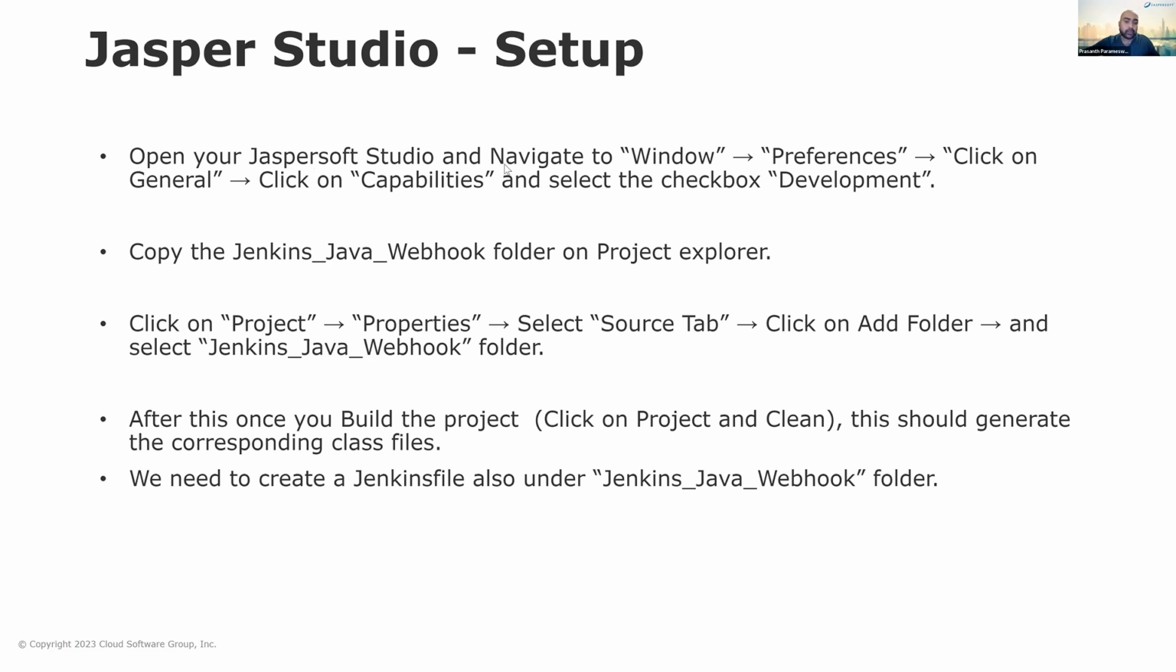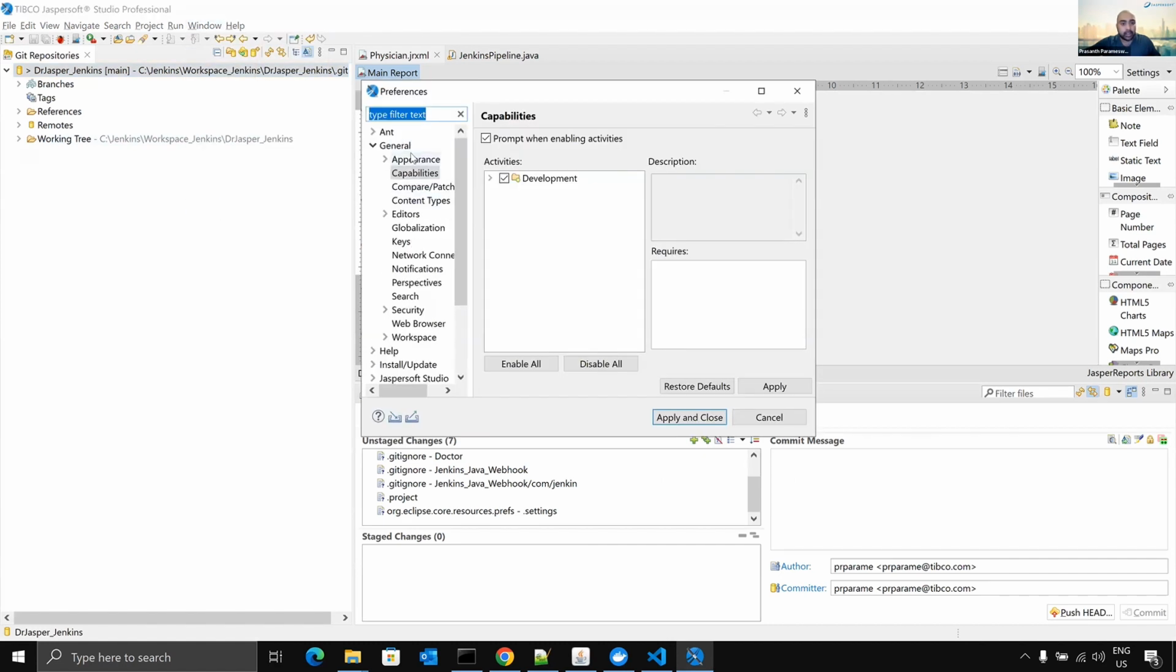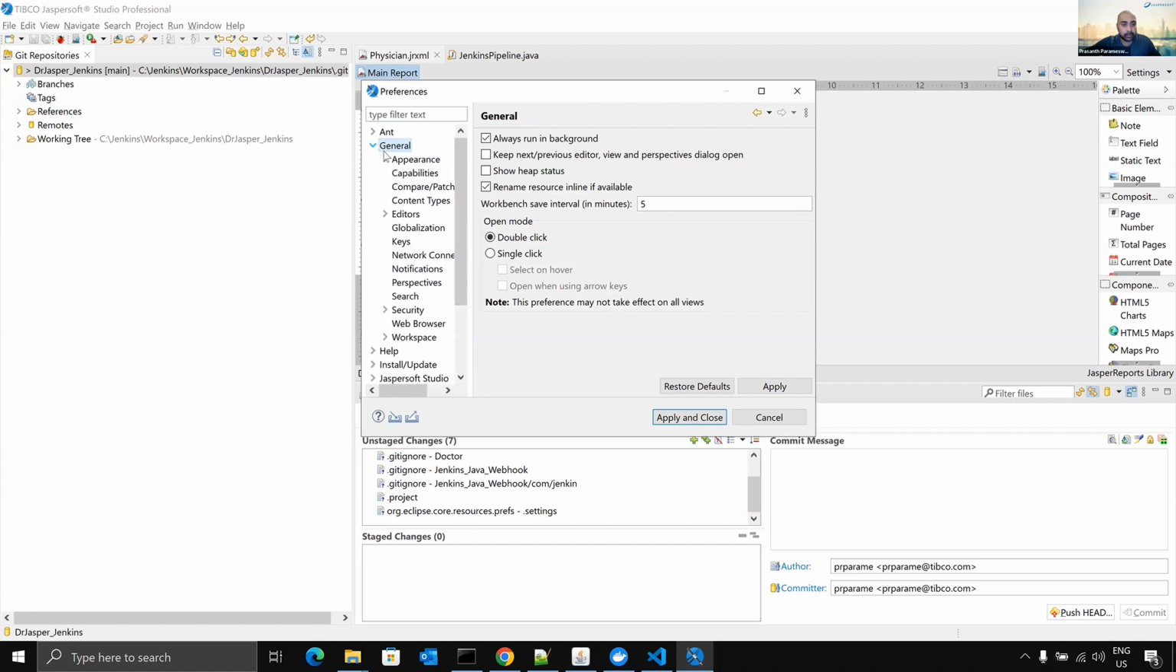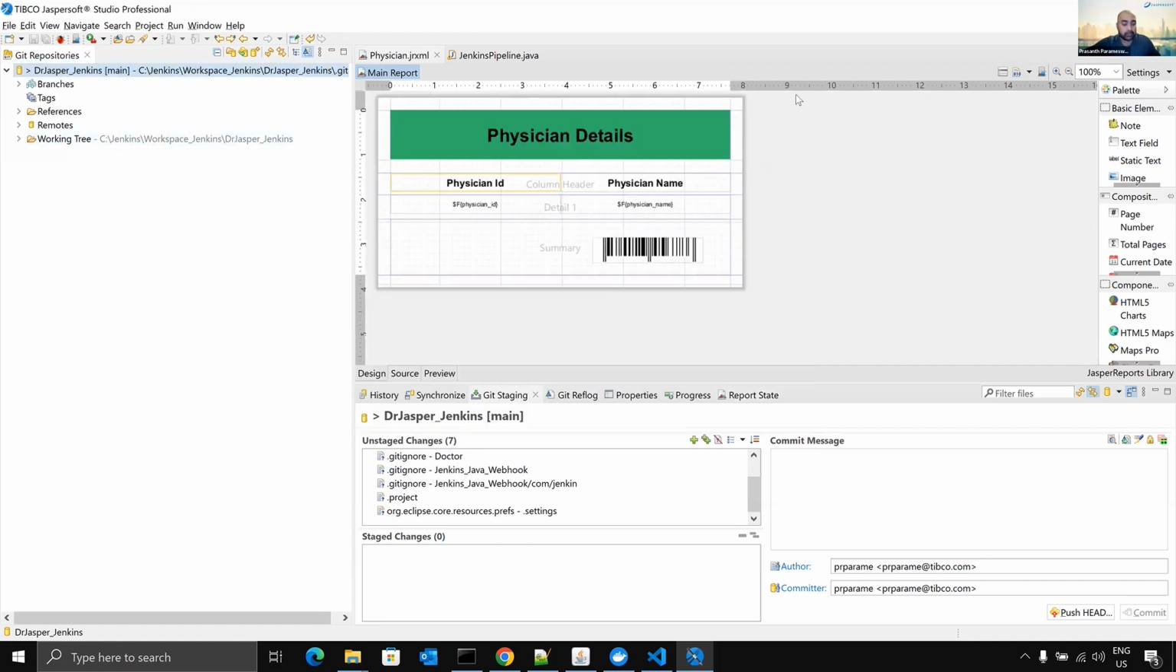The first thing you need to do is go to your Jasper Studio setup and click on Window, Preferences. Under General, you have a Capabilities button. Click on it, and there you should see Development. Check this checkbox, click Apply and Close. This should make your Jasper Studio compatible with Java. And later,